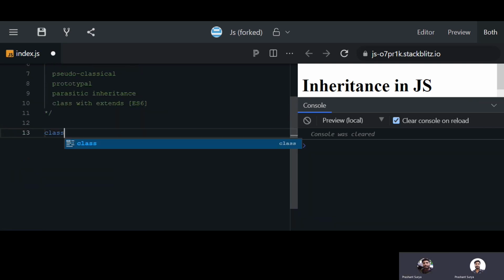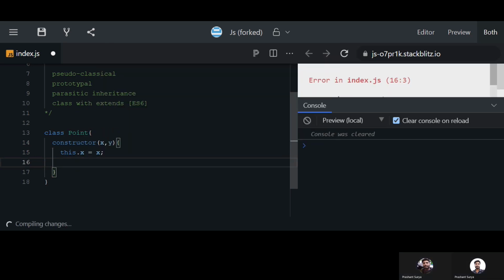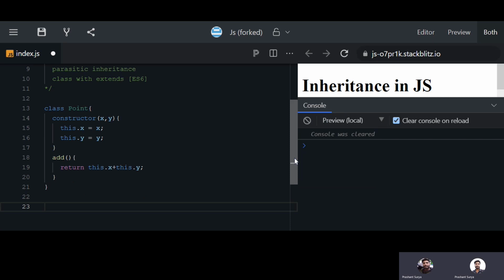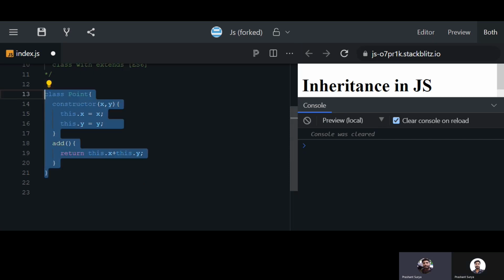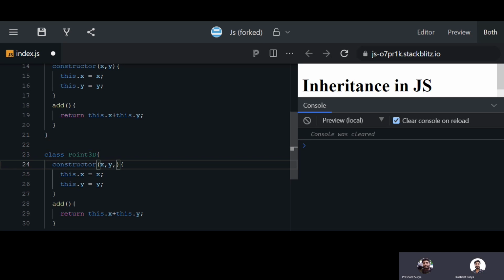Let's suppose we have a class point and we have a constructor here, x comma y, this dot x equal to x, this dot y equal to y. Now we will have a method here add, and this will return this dot x plus this dot y. Now we will have another method which will inherit this, point 3D. We have a constructor to get x plus y plus z,